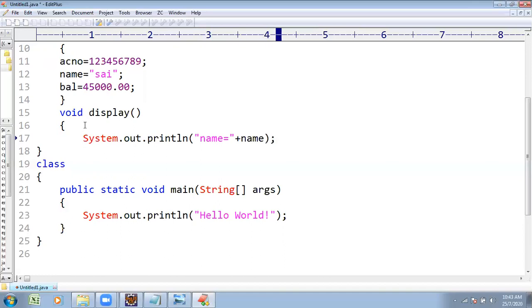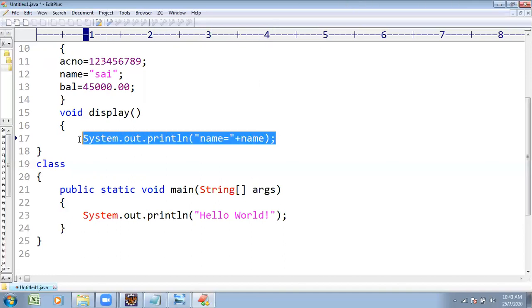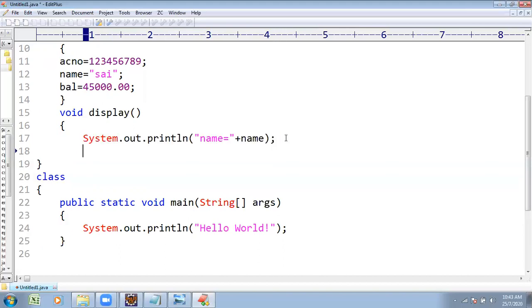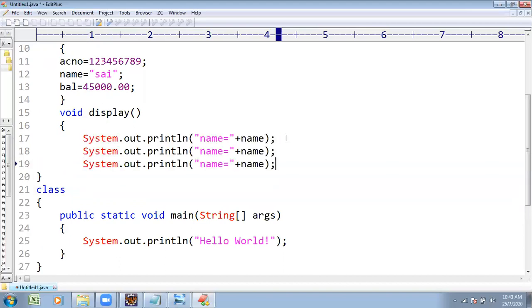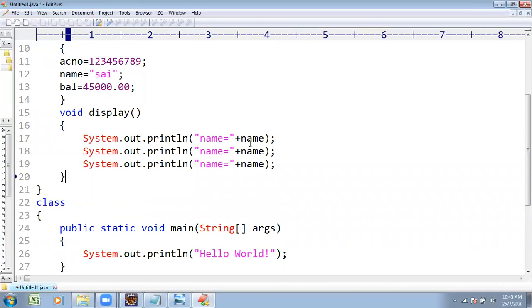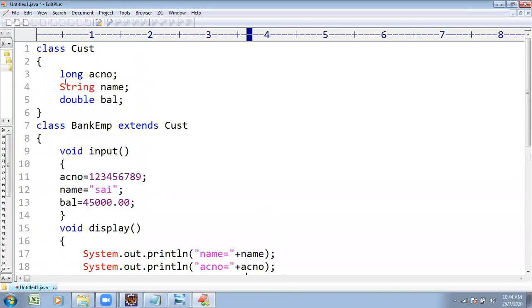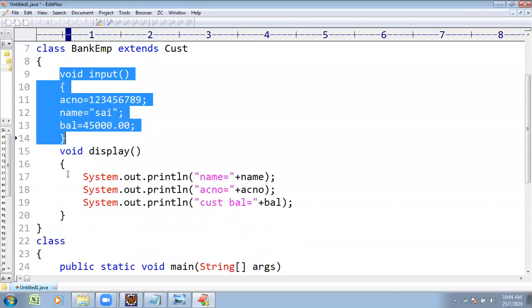The customer name I am interested to print, as well as the customer account number and balance. Customer balance is equals to balance. Observe, in the superclass I declare; in the subclass I initialize and print.